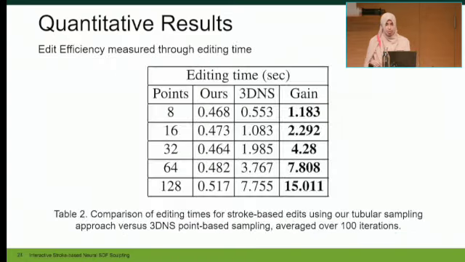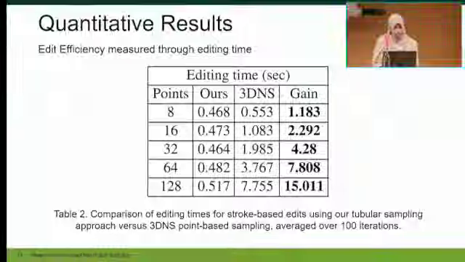And now is the timing part. We also want to make sure that we don't spend an obscene amount of time on it, because we know that almost all of the neural methods, as soon as we hear the word neural, it comes that it would take hours to train, and we do not want that, especially with these sculpting operations. So if we look at 3D NS,